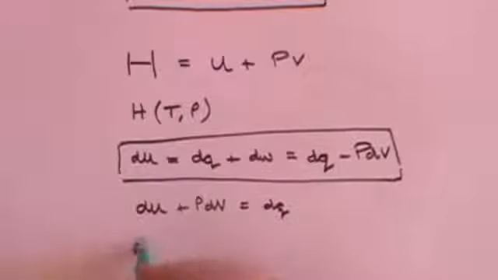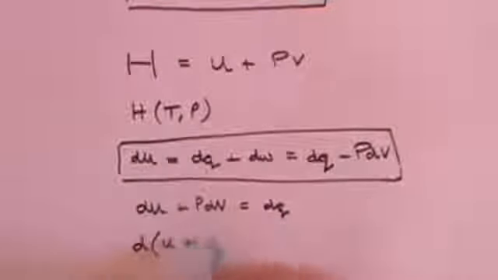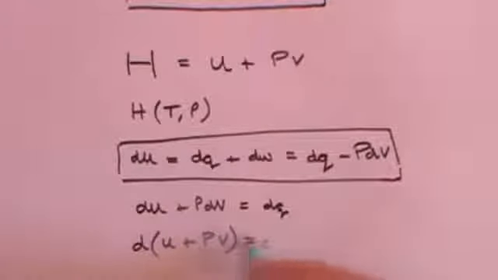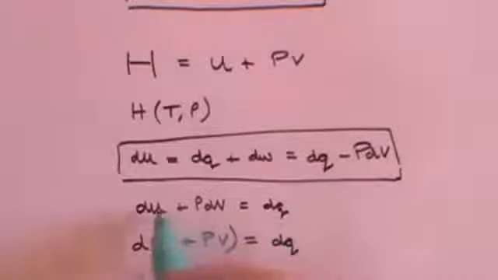And that means that d(U plus PV) equals dQ. I've simply taken the d terms out of these two terms here. d(U plus PV) equals dQ. But U plus PV